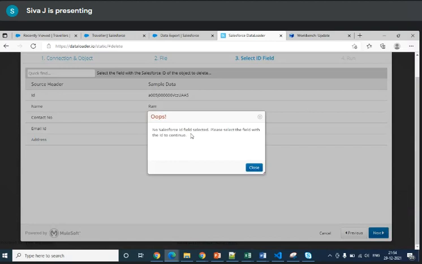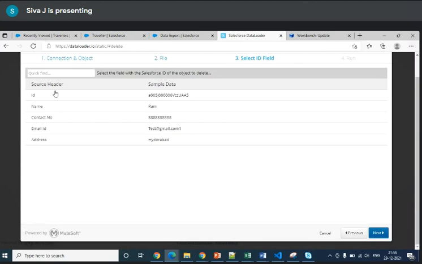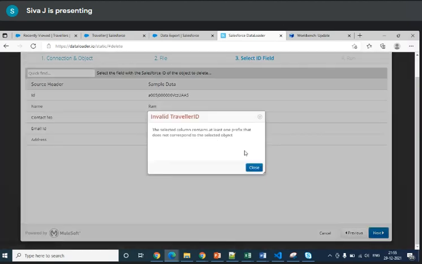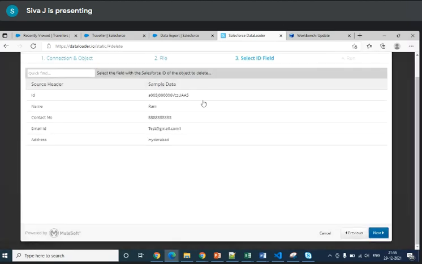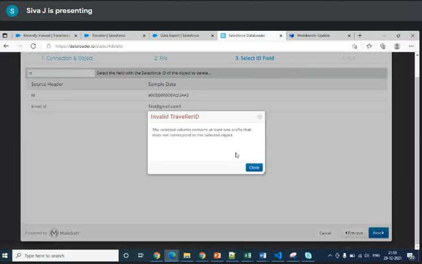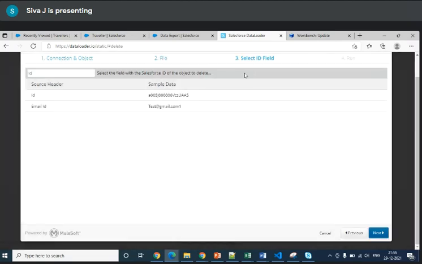No ID field is selected. Why is ID selected?